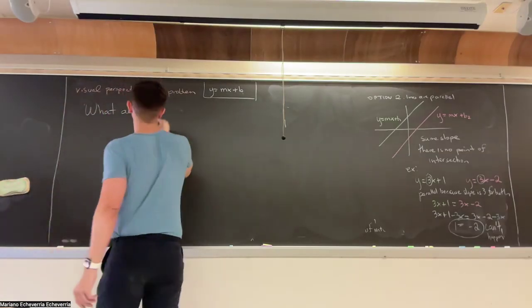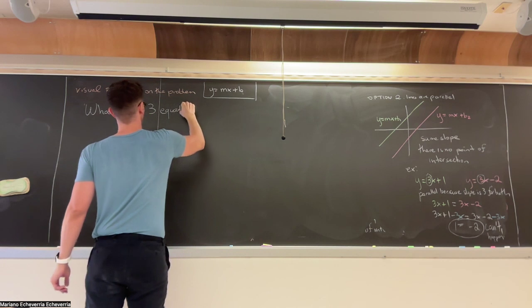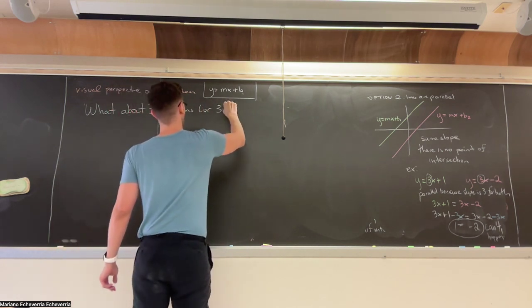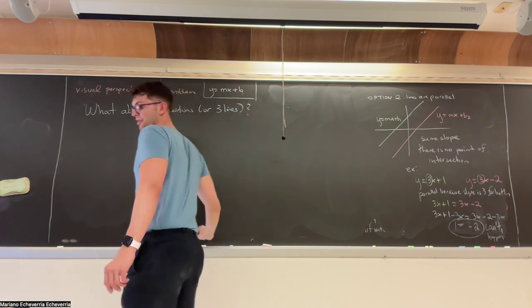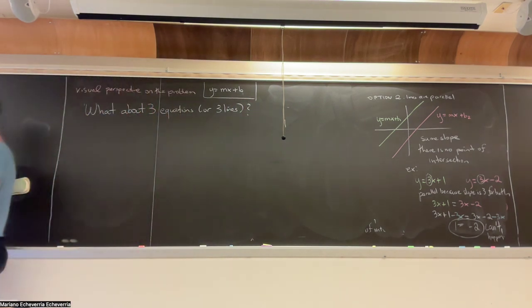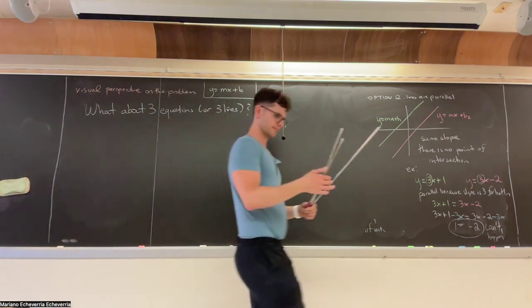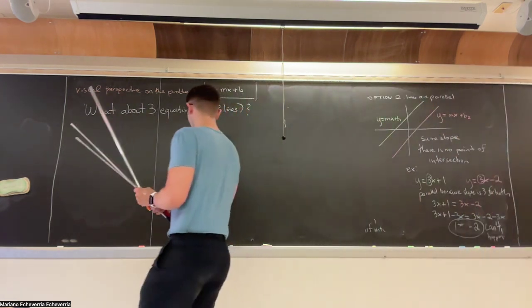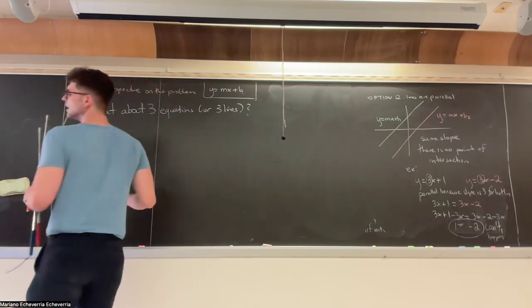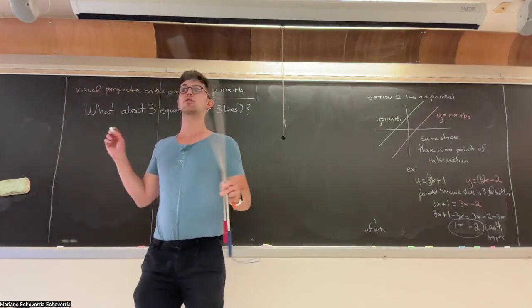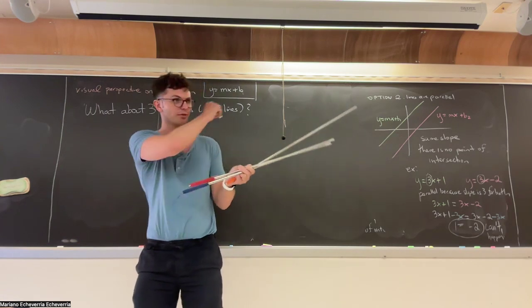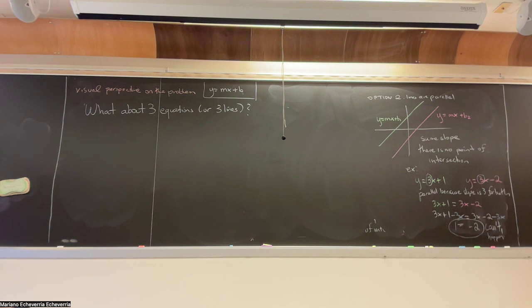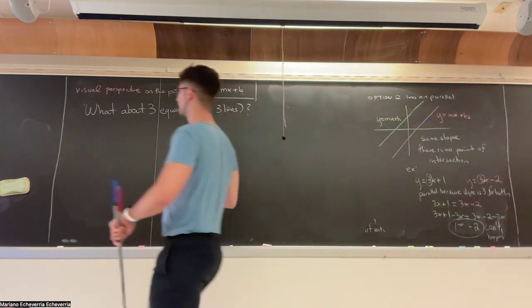Three equations or three lines, right? Three equations or three lines. Okay, and also thankfully I have three of these things. So there are two things that can happen. I'll draw the pictures first, and I'll do an example of each in terms of equations so that we can work them out. So, the first option, the most likely one,